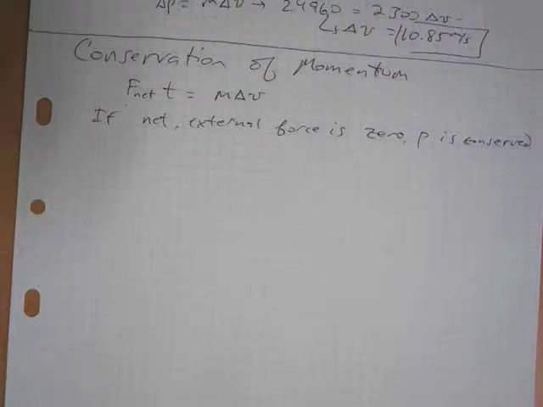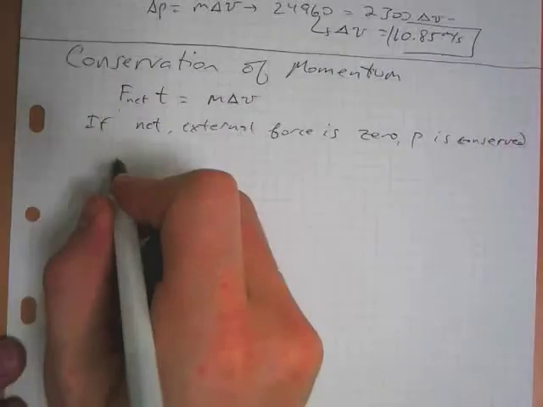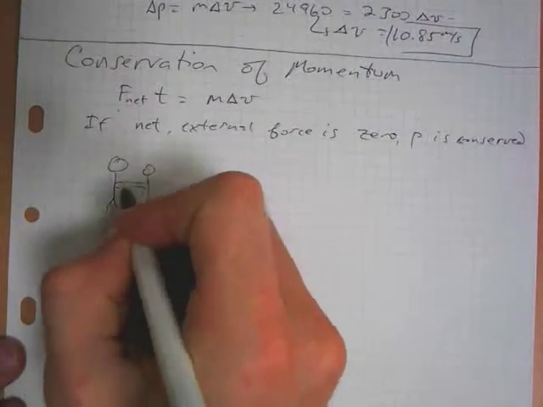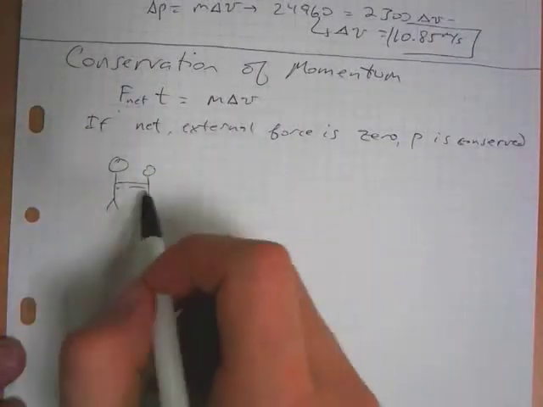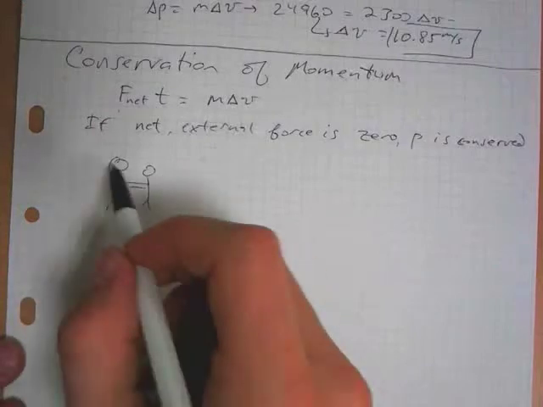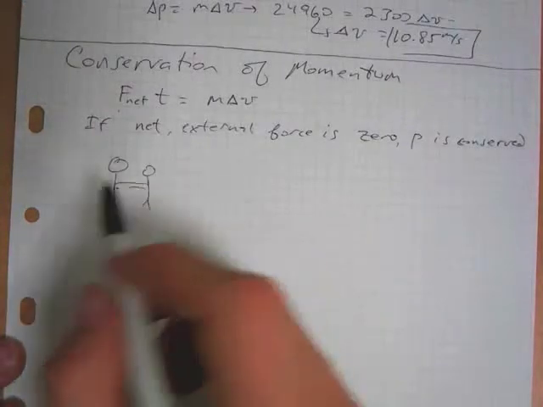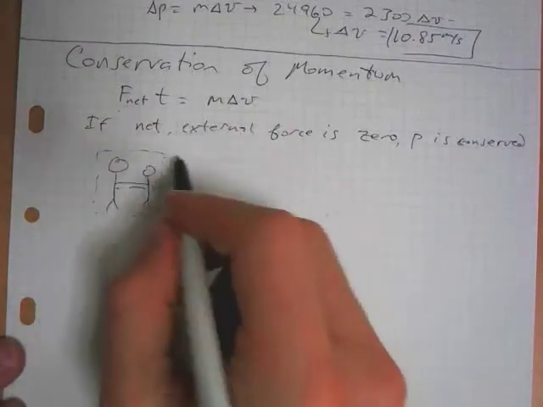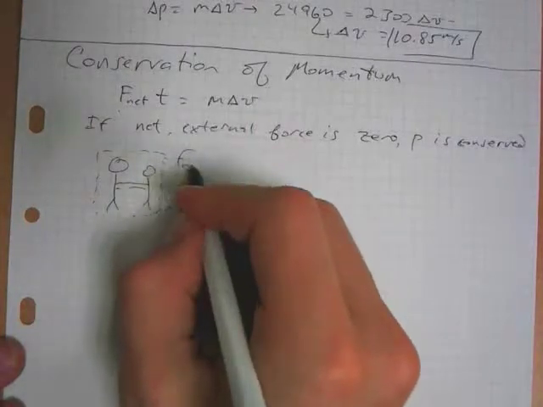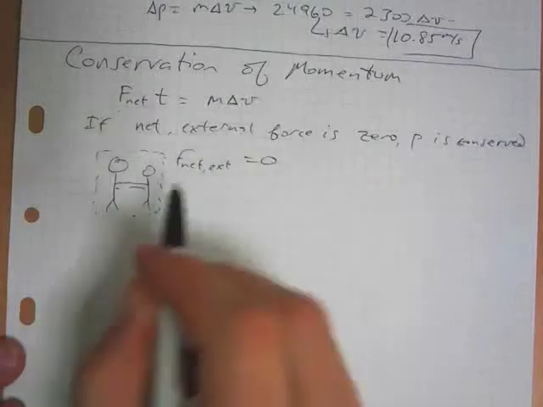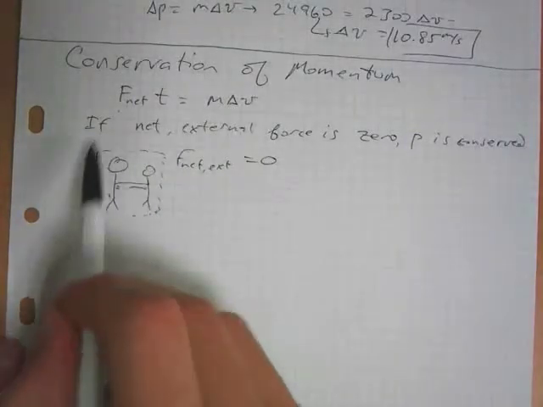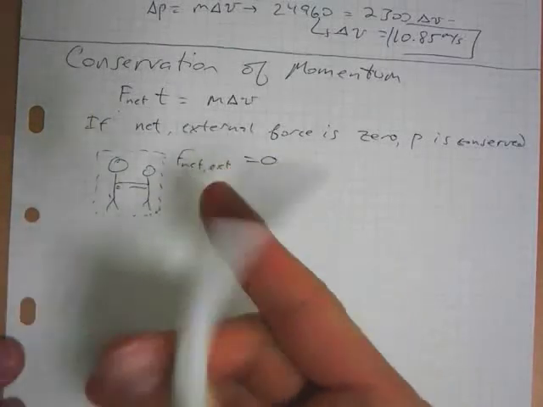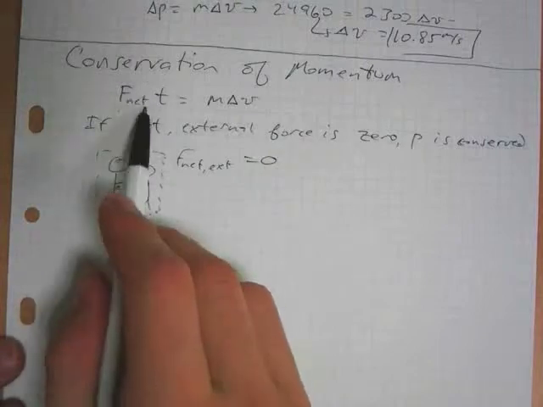Now let's go back. When we talked about Newton's third law, we talked about our 2 ice skaters that push off each other, and the forces acting on them are equal and opposite, and so they both get pushed back. Well, we can think about this situation in terms of conservation of momentum as well. If we consider these 2 people together to be our system, then there is no net external force acting on the system. They're exerting force on each other, but they're internal to the whole system, and so there is no net external force,